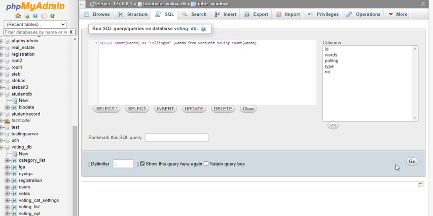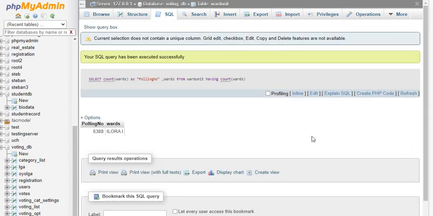So having counts words, because having goes along with an aggregate. So the total numbers of words is 6,388. So I will go back to edit my SQL